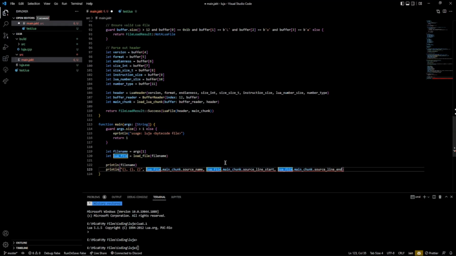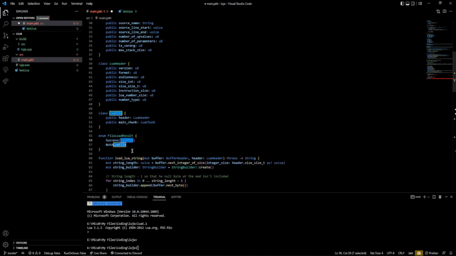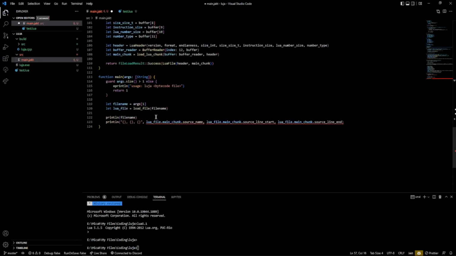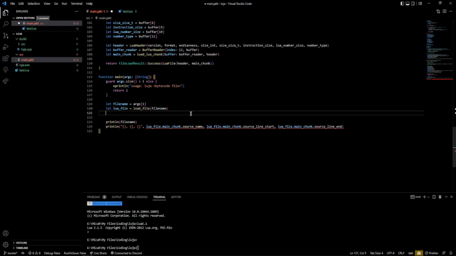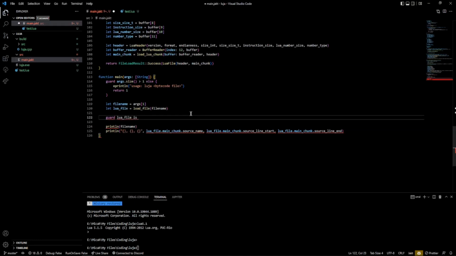Oh, this is a file load result. So we need to, how do you extract the, this is an enum. How do you extract the class from the object from the enum? We have to guard that it's success or something. Guard Lua file is file load result success raw Lua file